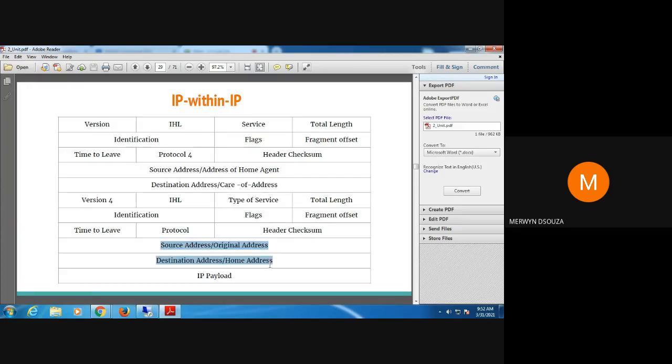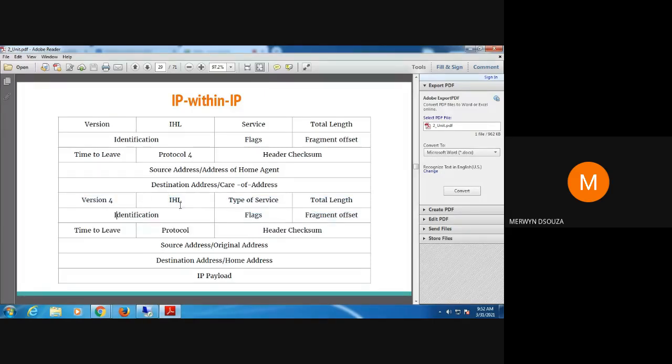When the CN is sending the packet, it puts the source address of the CN here, and the destination address of the mobile node here. The rest of the fields you must know from your computer networks, so I'm not going through that. We don't need it here.